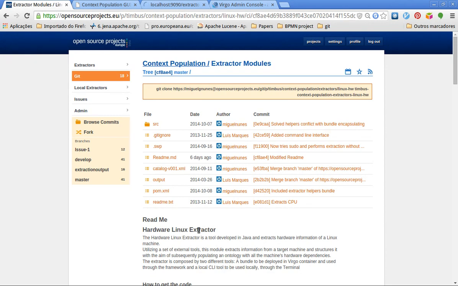deploy now. In this example, this video may not be from the exact extractor that you're trying to deploy, but the logic is the same, so you can follow the guidelines for this video. What I'm going to do here is deploy the hardware Linux extractor. This extractor fetches information about the hardware modules or components from a machine, and I'm going to start off by cloning this